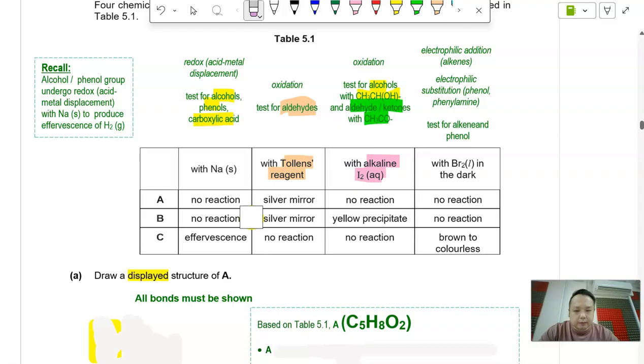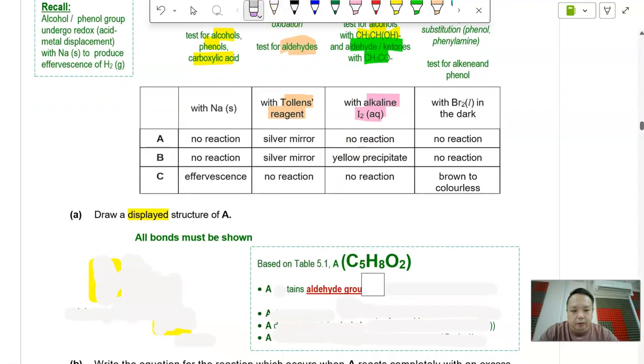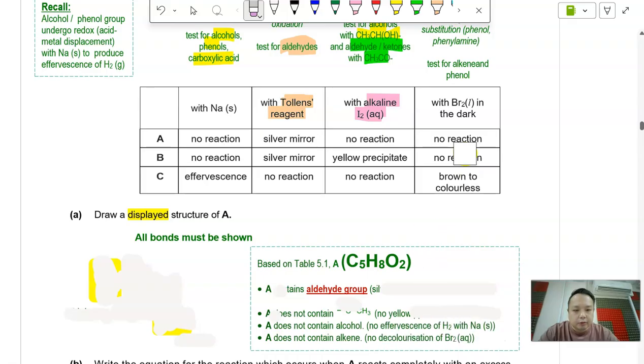this context, A, B, and C, from there, we will be able to decide what is the functional group present in A. So if we take a look at A, it has no reaction with sodium, so therefore no alcohol, no phenol. It also has no reactions with bromine aqueous, bromine liquid, so it does not contain any alkene. And last but not least, it also has no reactions with alkaline iodine, so it does not contain your methyl ketone. But we know that since it forms a silver mirror with Tollens reagent, it must contain an aldehyde functional